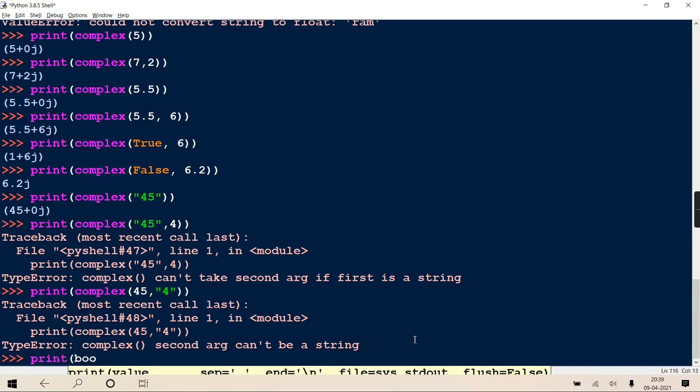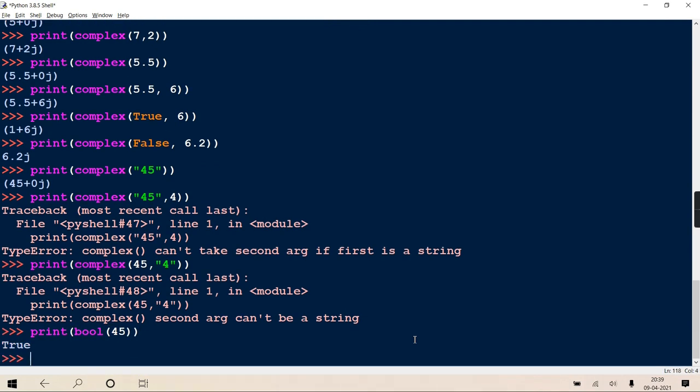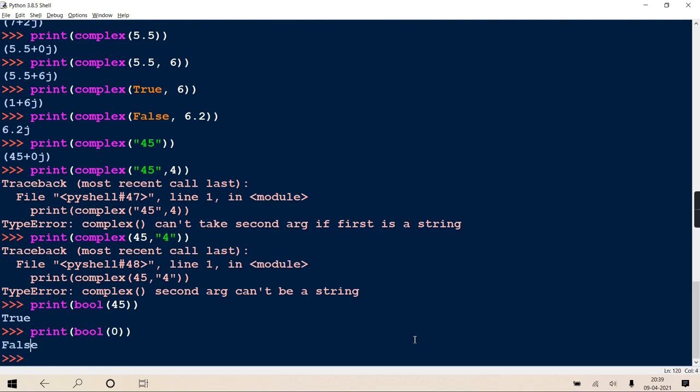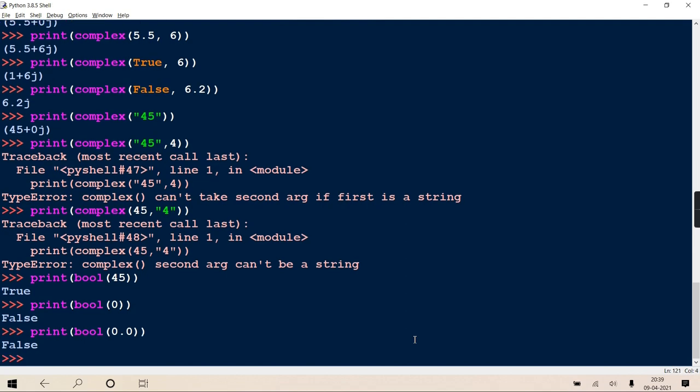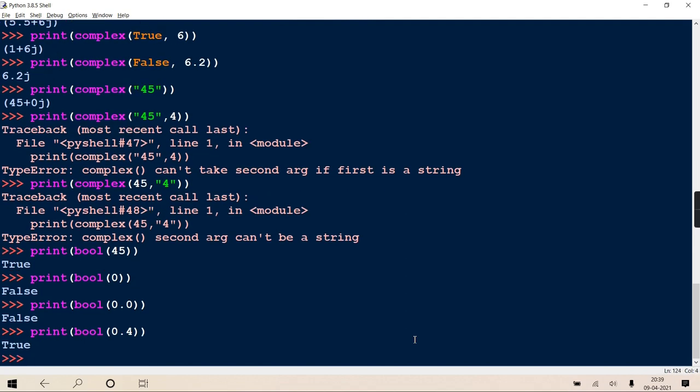Print boolean of 45. So it is true, but boolean of 0 is false. See, boolean of 0.0 is false, but boolean of 0 point something is true. Getting? This was about float, integer, then complex number 4 plus 5j.